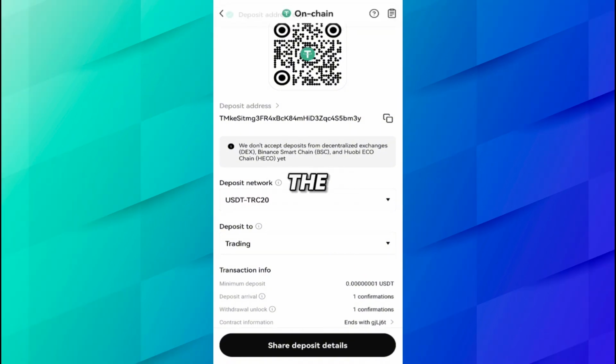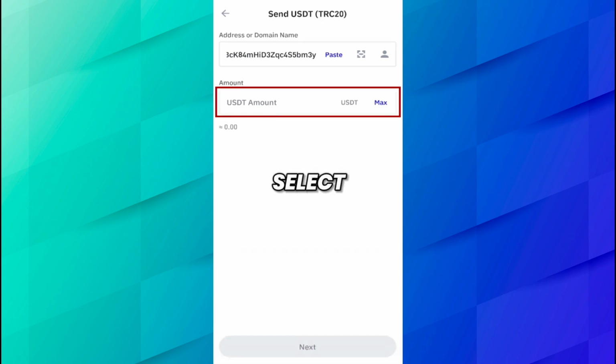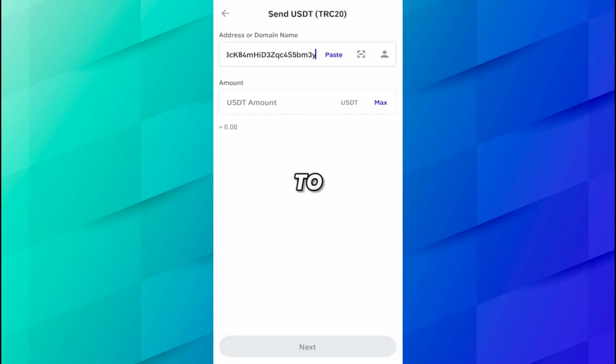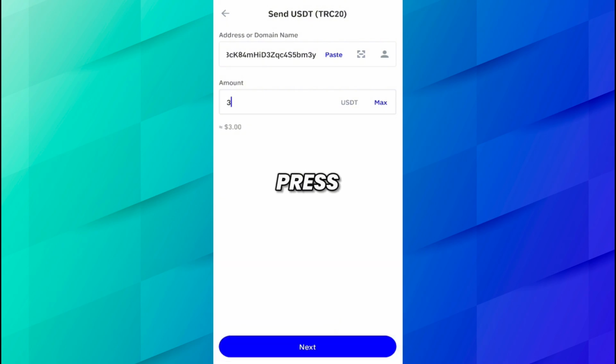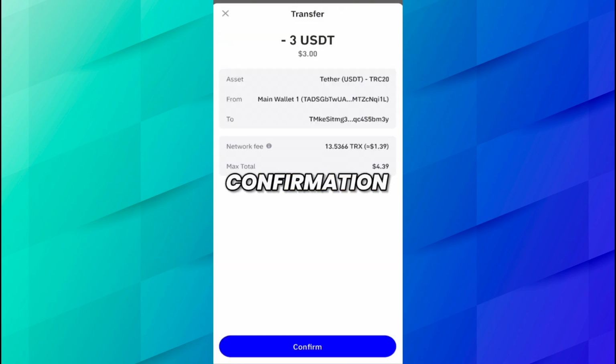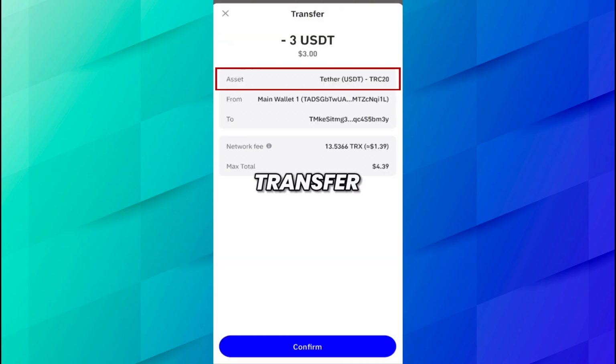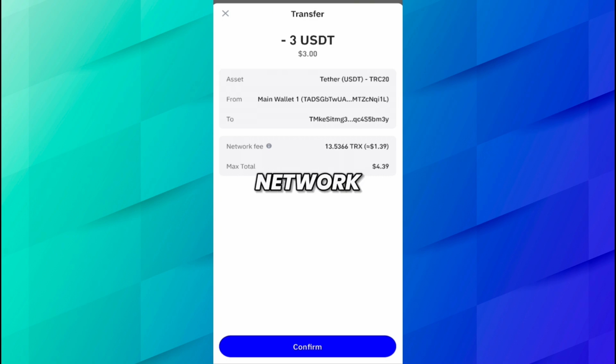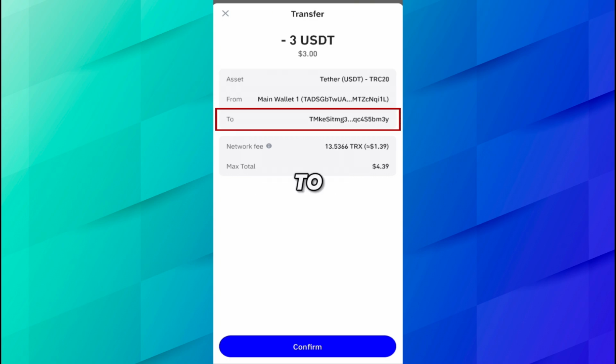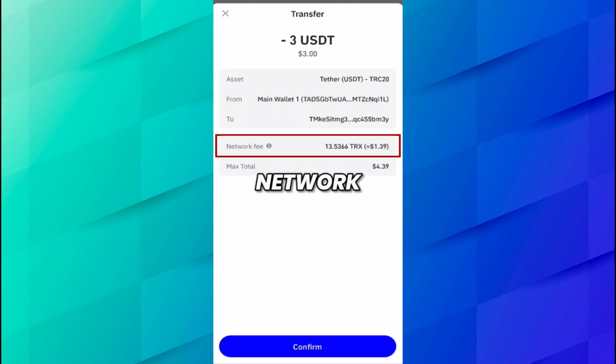Come to the Trust Wallet, paste your address here, and here you have to select the amount, that is, how much USDT you want to transfer. So I want to transfer 3 USDT. Press the next button. This is the final confirmation. The asset which we want to transfer is this USDT TRC20 network from this wallet to this address, and here you can see the network fee, which is